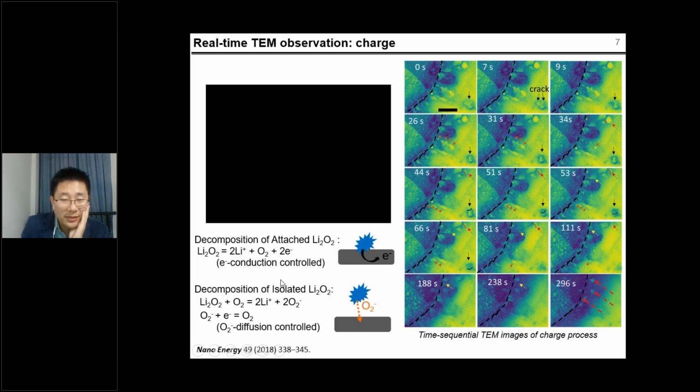So that means the limiting factor might be related to the sluggish electron conduction from the lithium peroxide bulk to the current collector. We also notice the decomposition of the particles isolated in the electrolyte, as indicated by the black arrows. So this is one example. We actually have multiple examples, but for the one specific one, the black arrow indicated one,